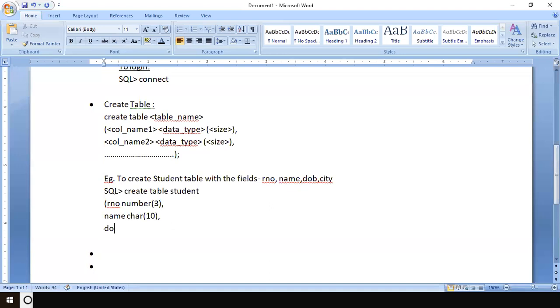Then DOB, data type is date. Remember, for the date data type in Oracle, you don't have to specify the size. It will automatically take. Oracle has its own predefined format, so it doesn't vary. For the date, it is fixed. So I specified it as date.